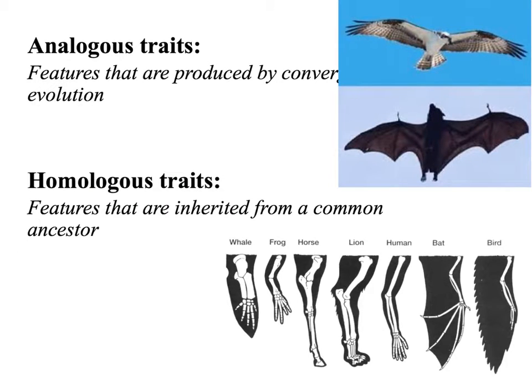Remember, these analogous structures have arisen due to convergent evolution. They are the opposite of homologous features, or homologous traits. These are features that have been inherited from a common ancestor. These traits may look slightly different or have variations on a theme, but they are similar due to common ancestry. A good example of this are the bones found in the forelimbs of tetrapods. All 4-legged animals have the same bones in their arms, even though they are modified in different ways for different